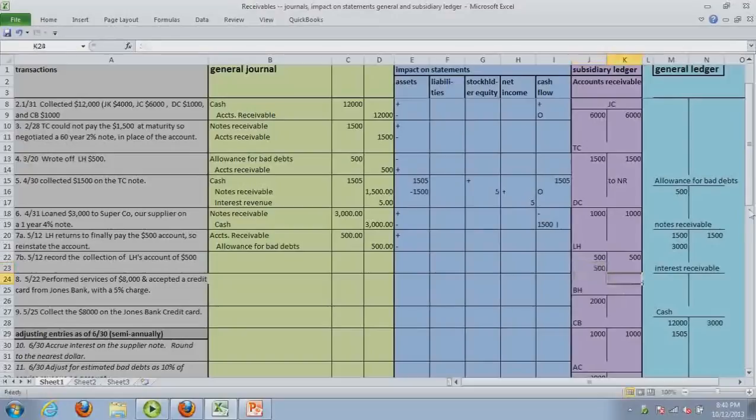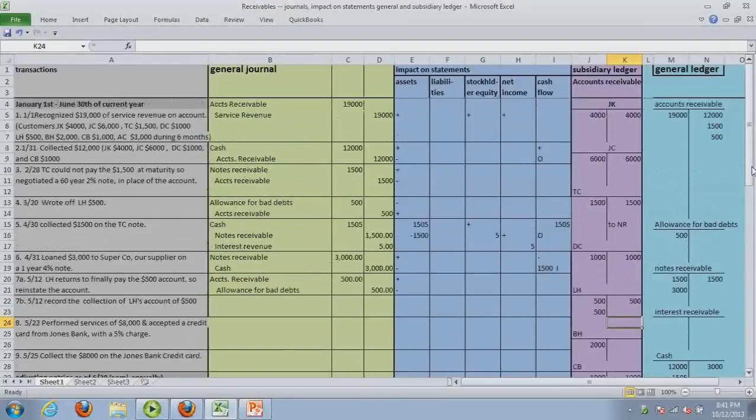So I'm reinstated, and then back over here in the general ledger, I'm going to be put back in as 500, and it comes out of the allowance. So you can see it, the debit and the credit to the allowance now makes that 0. And then step 2, do what you usually do when you have